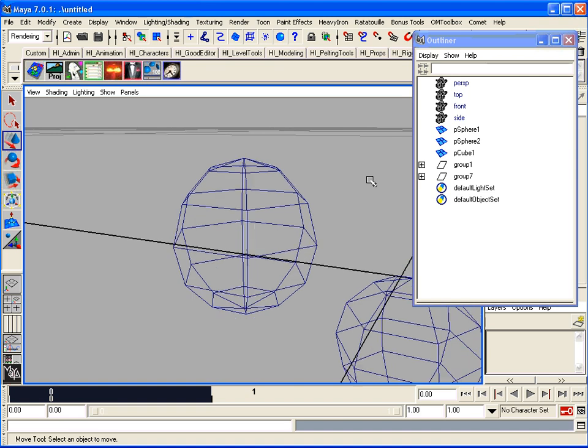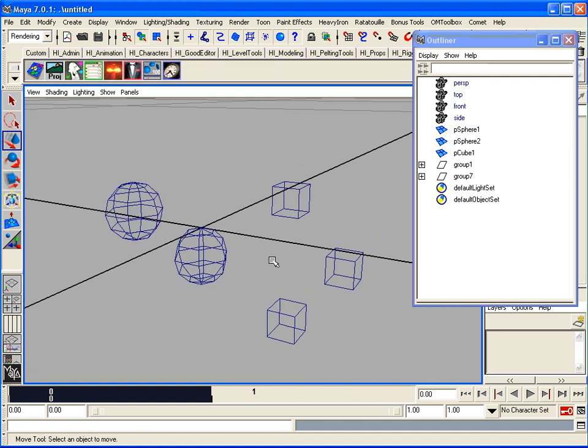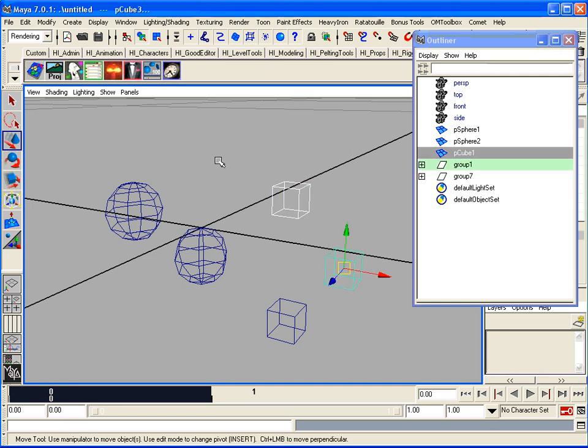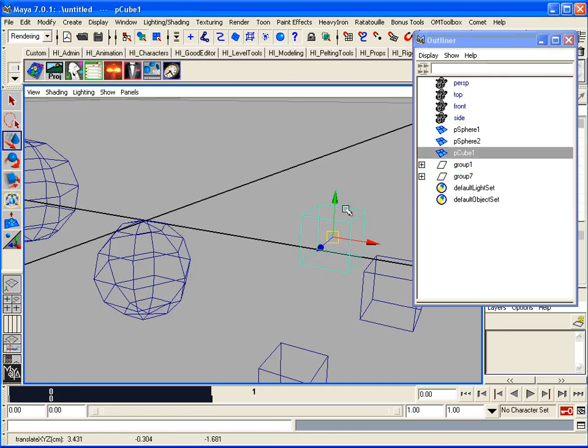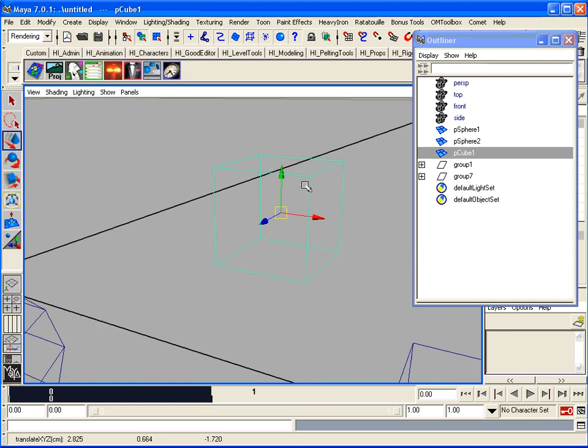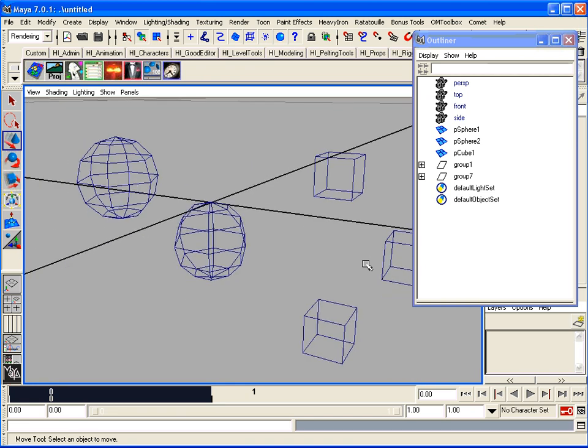By the way, what I'm going to be using here are some universal hotkeys in Maya, and I suggest you get used to them as well. When you select an object in Maya and you have one or several things selected, if you press F, it will frame just those objects that you have selected. So if I select one of these and move it, press F, I'm going to go close up and personal on that object alone. When I press A, it frames all the objects,